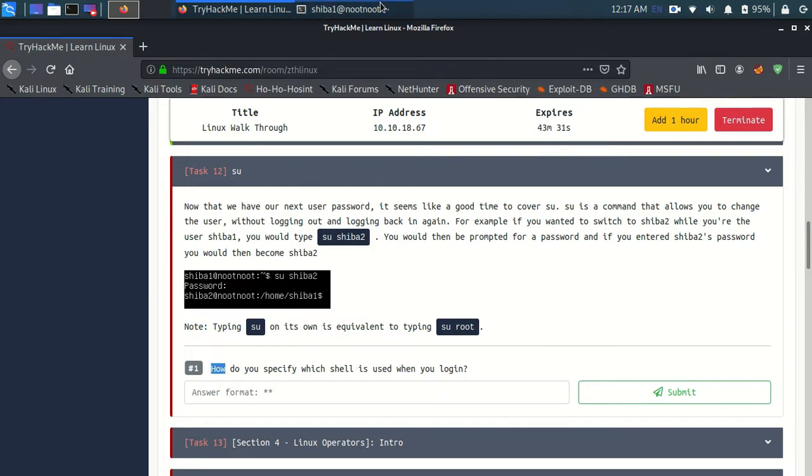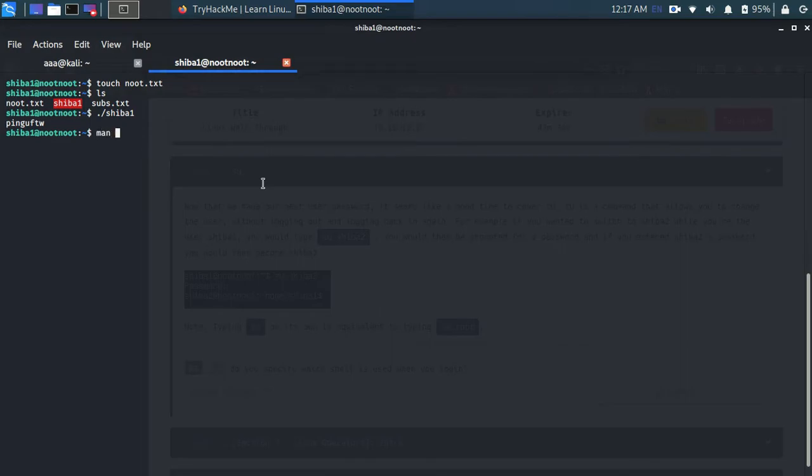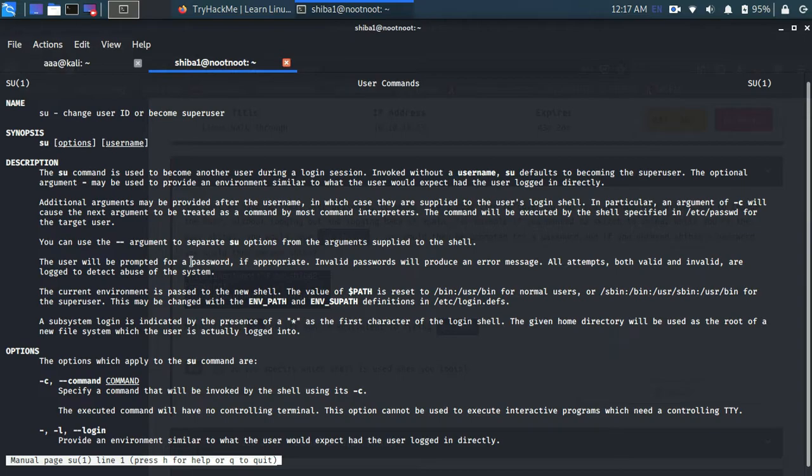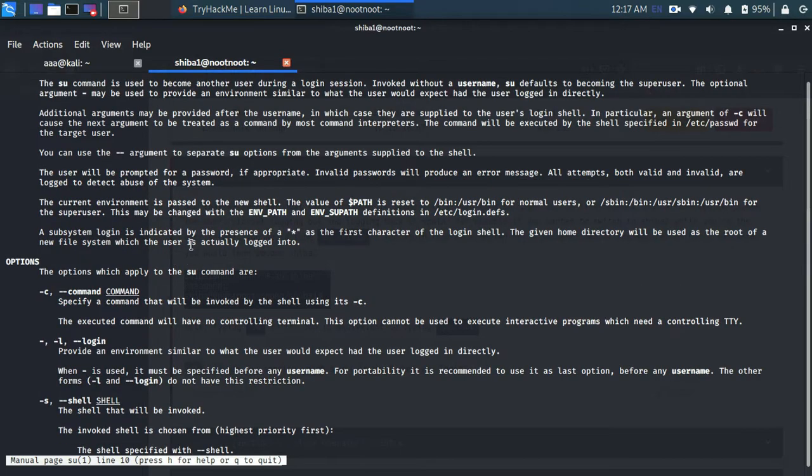So again we'll do man su, and it gives us lots of options. So -s, which is --shell, the shell that will be invoked. So that should be the one we should use.